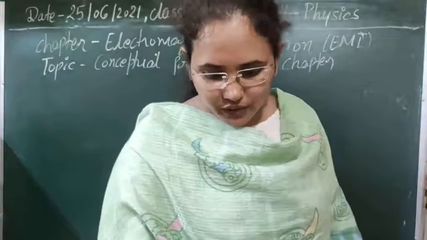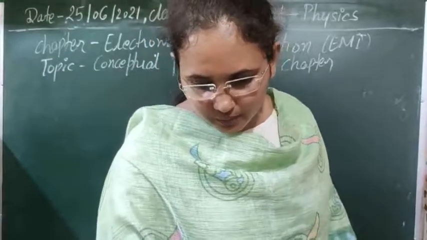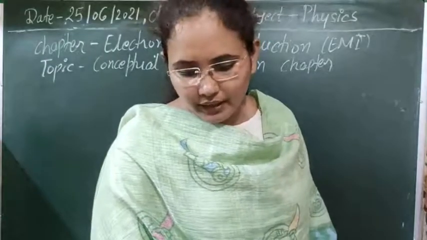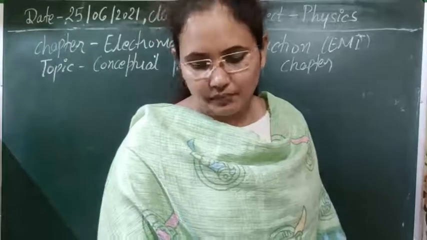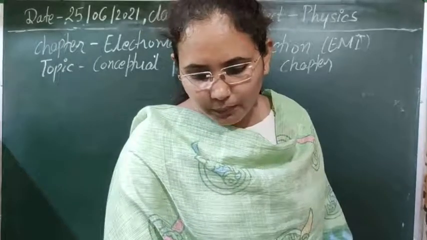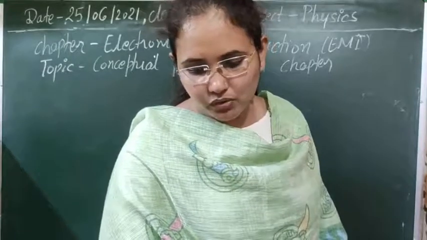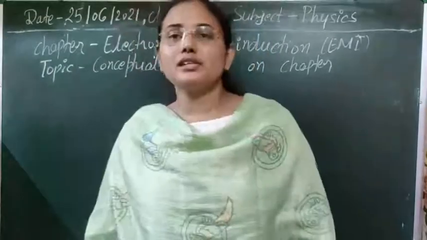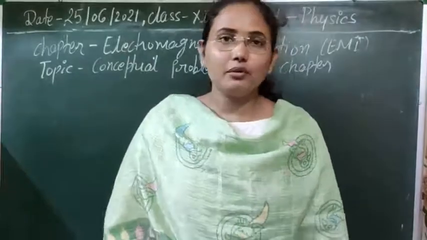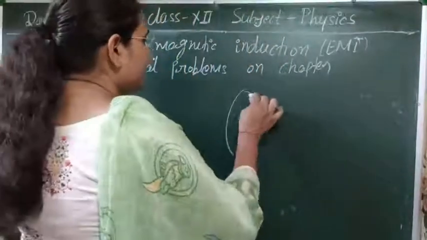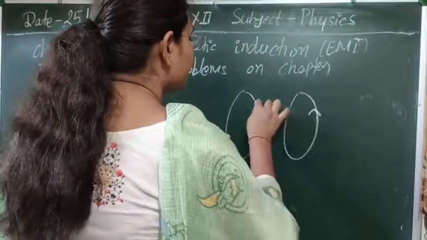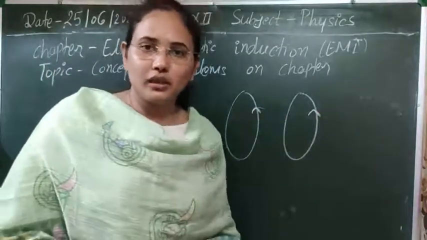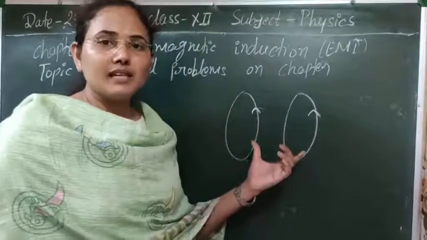So next question here, students: we have two similar circular coaxial loops carrying equal currents in the same direction. If the loops are brought nearer, what will happen to the current in them? As you know, whenever we have two similar loops in which current is flowing in the same direction, when you bring them closer to each other, the flux linked with